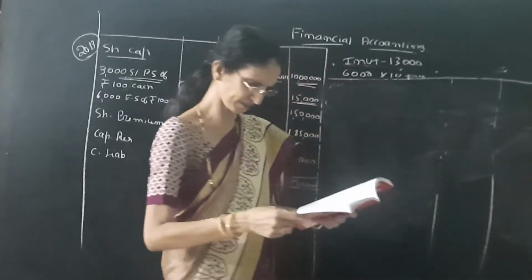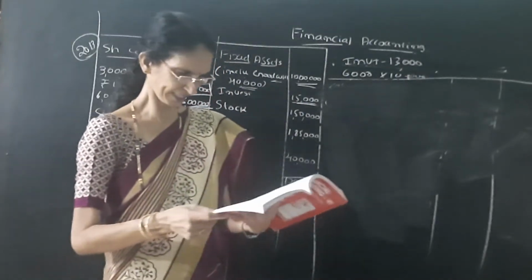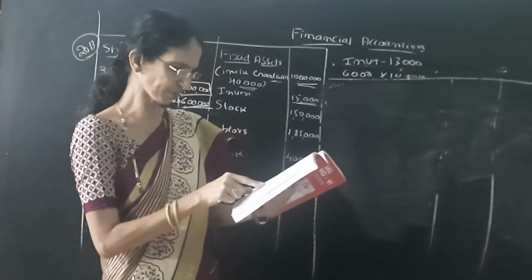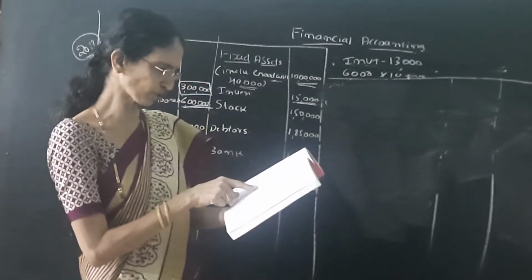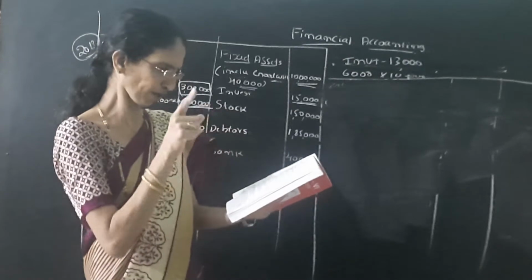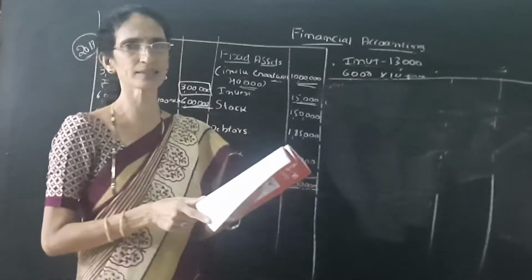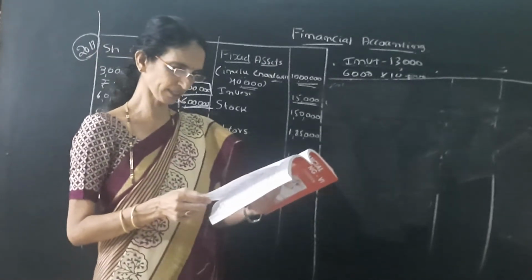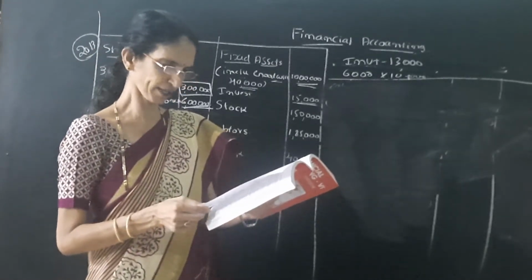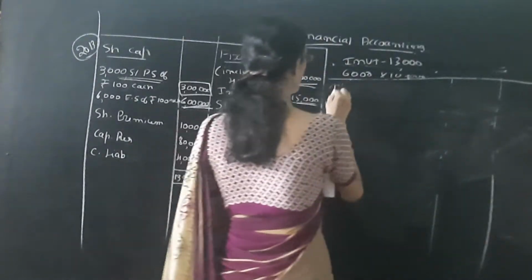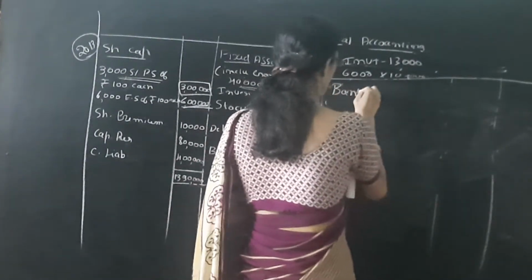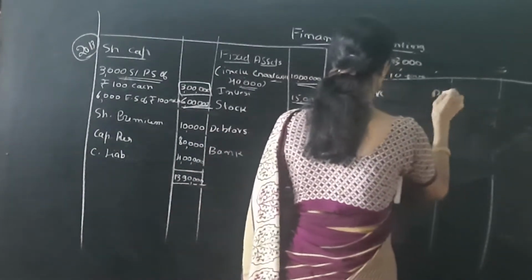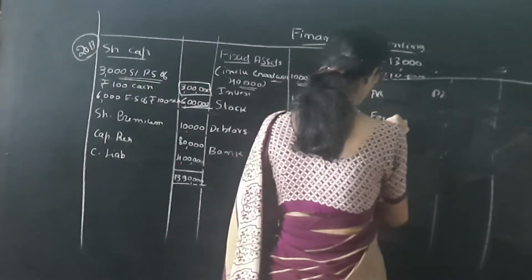So one adjustment is given here. The equity shares are to be reduced to rupees 60 each. Then one continuation is given. Equity shareholders have also agreed to subscribe and pay for 1 share for every 10 held. So existing shareholders agree to take one share for every 10 held. Agreeing to take means it is a fresh issue of shares. So bank account debit to equity share capital account.